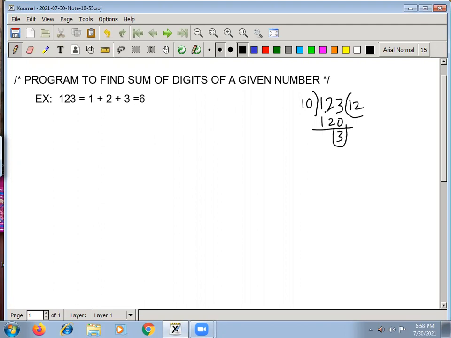So that means when you divide the given number by 10, you see remainder 3, that means the last digit you are getting in the remainder position, and the remaining 2 digits you are getting in the quotient position. That means you separated one digit from this and the remaining 2 digits are present in the quotient. So how to do this kind of mathematical operation in programming, you should think of.